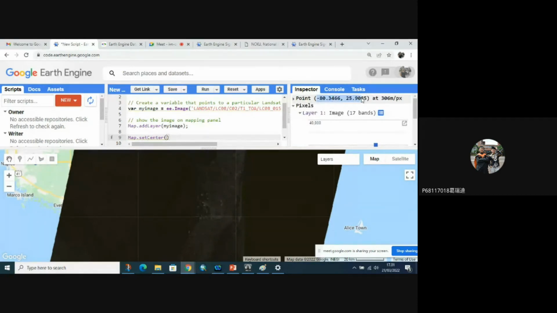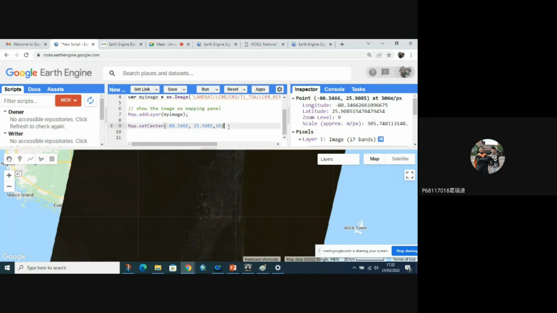You just copy this one to map center and adjust your zoom level. Maybe I want to make it 10. And also remember, end it with a semicolon here. Okay, I will copy this code for all of you.